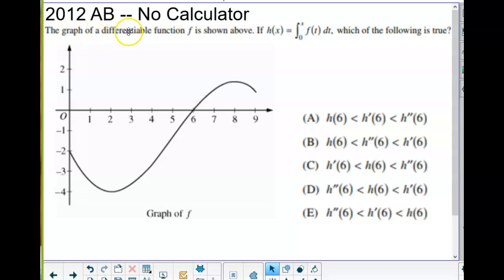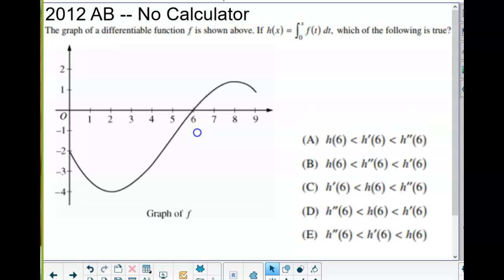So what do we have? The graph of a differentiable function f is shown below. H is actually the integral of the function f, which has to be true about h. Well, h is the area underneath the curve of f. That's what this integral means. So they're checking, well, what's bigger? H of 6, h prime of 6, or h double prime, and how do we rank that? So that question is really asking us,